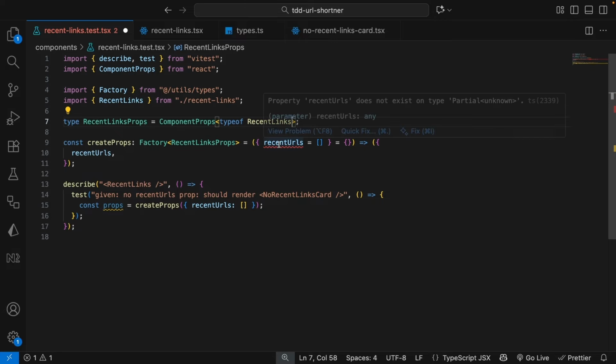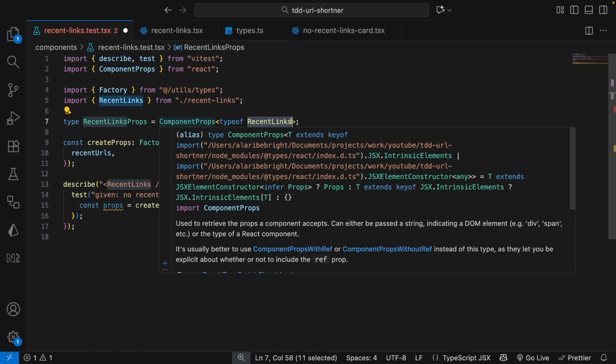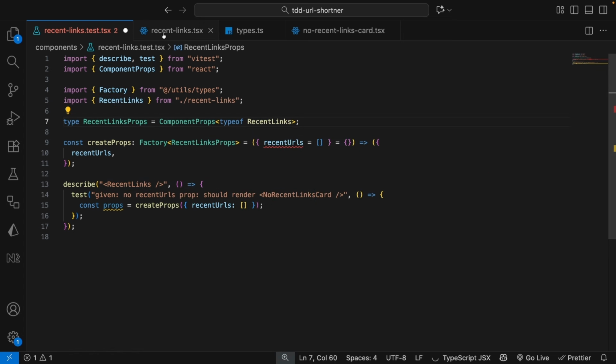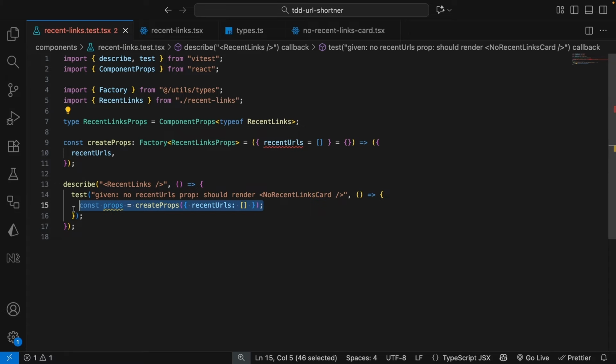Yeah, it gives us this error because this recent links is a function. It's a TypeScript component, it's a function, but for now it's not taking in any input. And that's why we have this error, which we're going to fix in a moment. Cool. So we have created the props here, but also we want to make sure that we pass in some